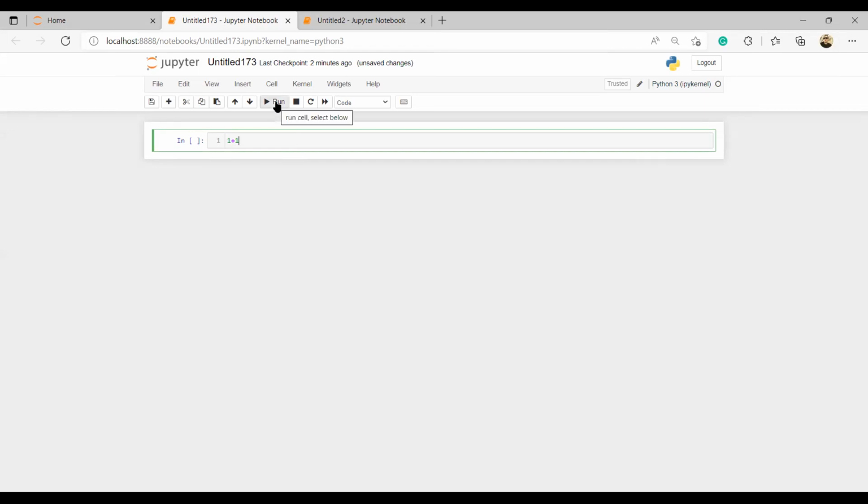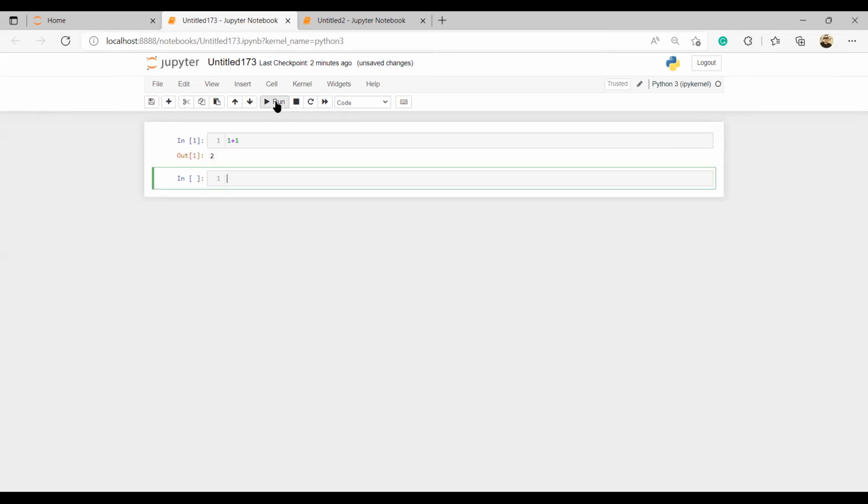Can you see run? Okay, 2, is it correct? Good. So all you are seeing, this is called a cell. What you are seeing here that you can type in is called a cell. It is not Excel, but in this zone, this is what is called a cell. I will type, and when I type it, can you see run? I will run.